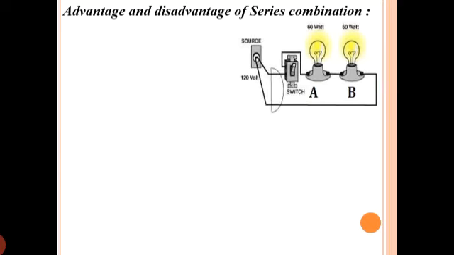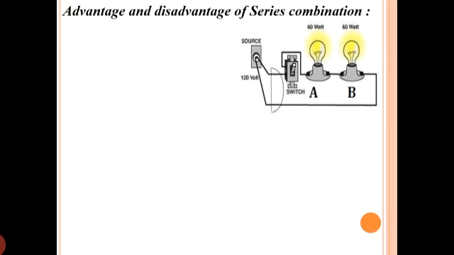So we know in series combination the different appliances will be connected next to next in the same line or same path. So here we have two different bulbs. Just for example, bulbs are taken, but it can be any devices and any number of devices. We can have a fan, a bulb, a tube light, refrigerator, televisions, all the appliances that we have at home, they can be connected in one line. So that will be series combination, and they can be connected in parallel also. So what are their advantages and disadvantages that we are trying to understand here?